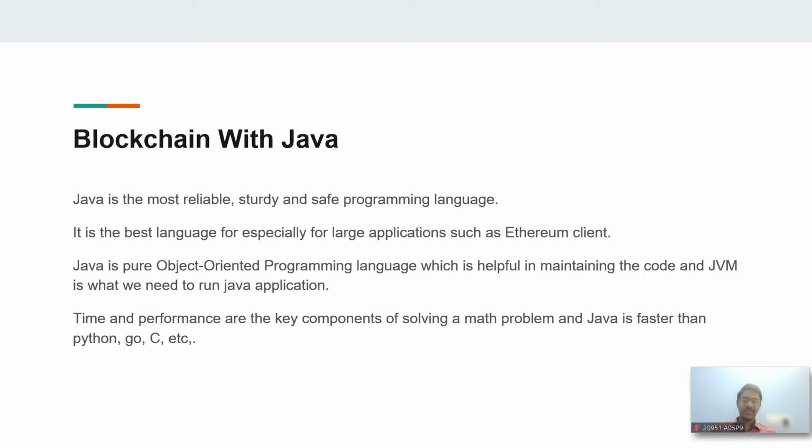why blockchain with Java? Java is considered to be one of the most reliable, sturdy, and safe programming languages when compared to other languages, because it's completely object oriented. We cannot even print a normal hello world statement onto the console without defining a class and a function for it. So it's completely object oriented,